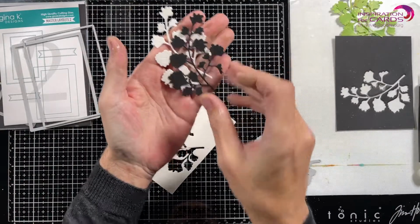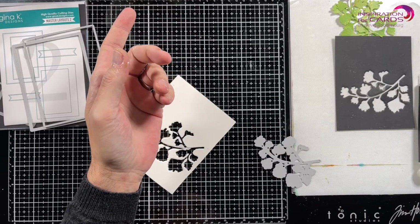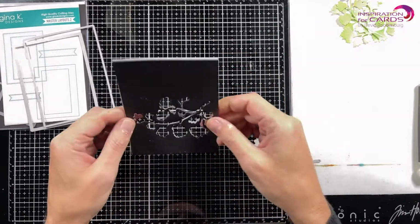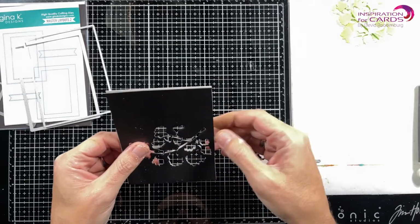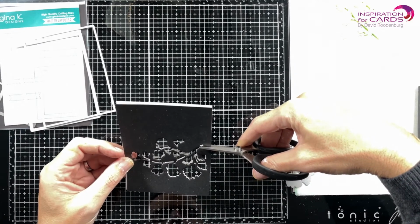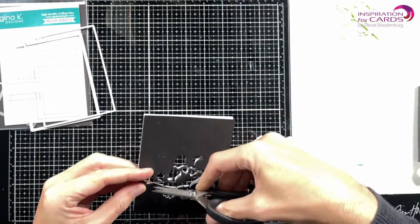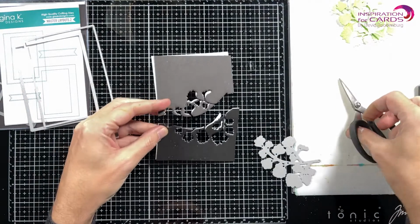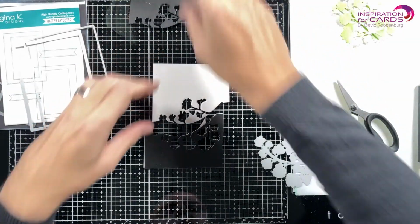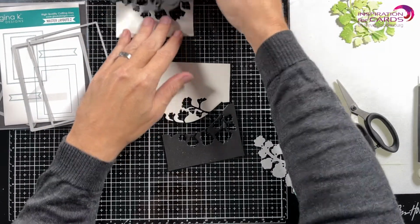So now I've got a beautiful black and white foliage that I'm not going to throw away. I've got these little boxes here that I'm going to put them in and keep them for in my journal or in my planner as decoration. Now, what I need to do now, I need to cut it through. Here and there. Scary, right? And then I'm going to put this to the side, and I'm going to put this to the side. And this is what I meant, that I've got two pieces. You see? I can make two cards, but for now